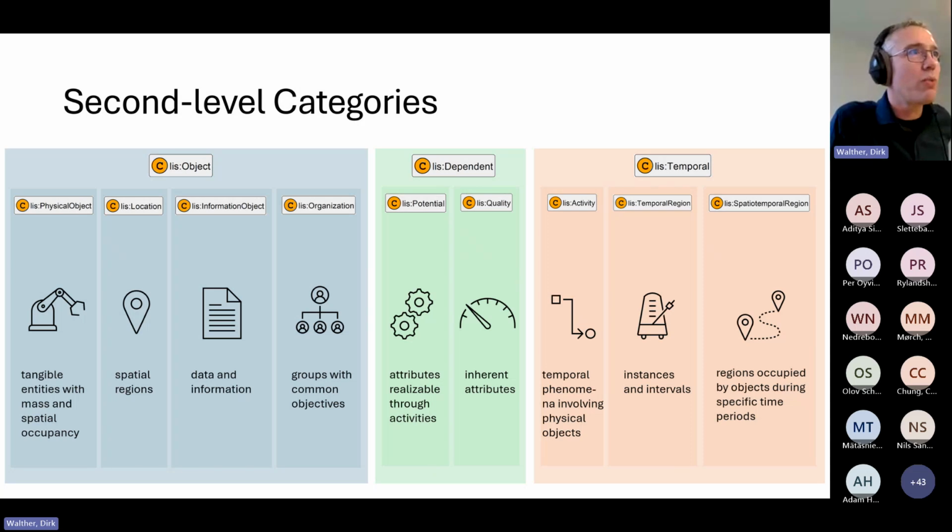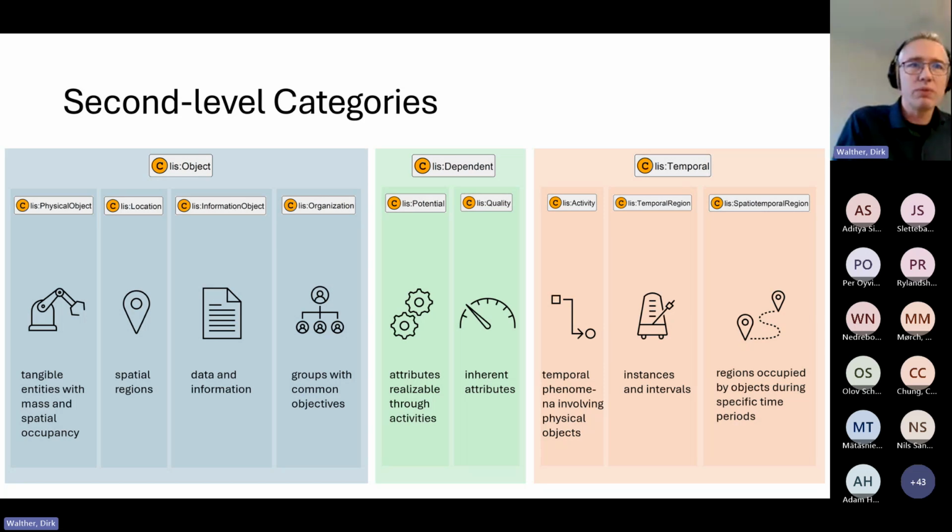There we have a bunch more categories that subdivide these three upper level categories. On the left, we find the object categories, and there we have physical objects. These are tangible entities that have mass, that occupy a space. So everything you can kick, basically, or touch. Then we have locations. So these are spatial regions.